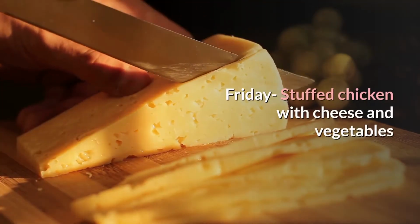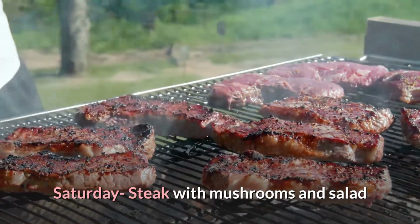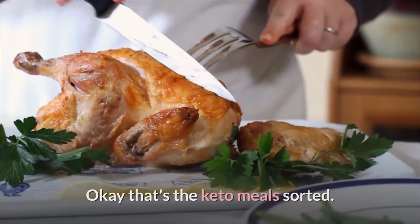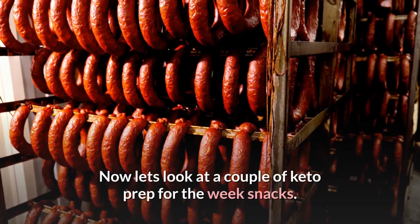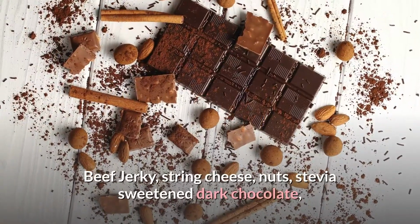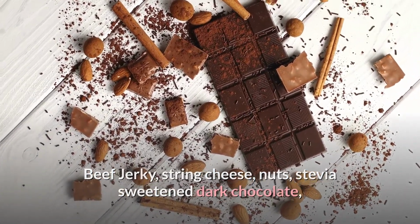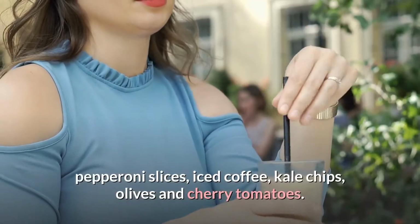Friday, stuffed chicken with cheese and vegetables. Saturday, steak with mushrooms and salad. Sunday, salmon with asparagus cooked in butter. Okay, that's the keto meals sorted. Now let's look at a couple of keto prep for the week snacks. Beef jerky, string cheese, nuts, stevia sweetened dark chocolate, seaweed snacks, avocados, sardines, pepperoni slices, iced coffee, kale chips, olives